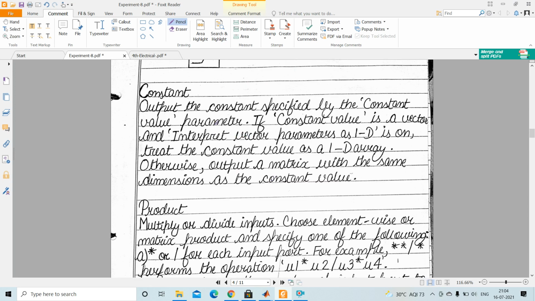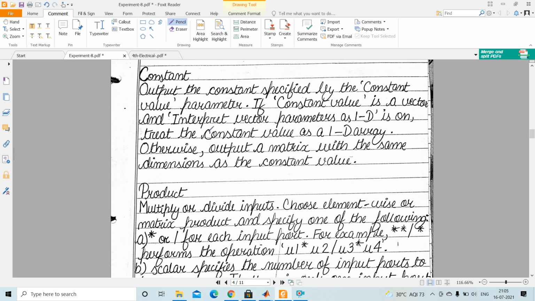Then the constant block outputs the constant specified by the constant value parameter. If the constant value is a vector and the interpret vector parameters as 1-D is on, treat the constant value as a 1-D array, otherwise output a matrix with the same dimension as the constant value. So this is about constant. Then the product,